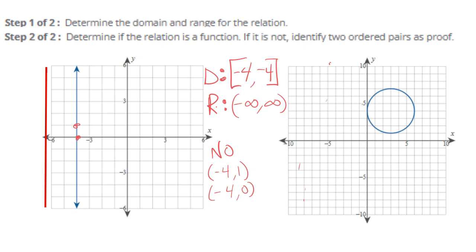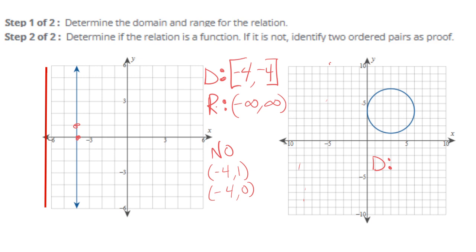All right, my last one here is this circle. So again, domain and range to start with. The domain is the possible x values. So I'm looking at this and trying to think. I'm going to do this without having that line that I have to do. I want you to visualize the domain is your x's. So you're looking at